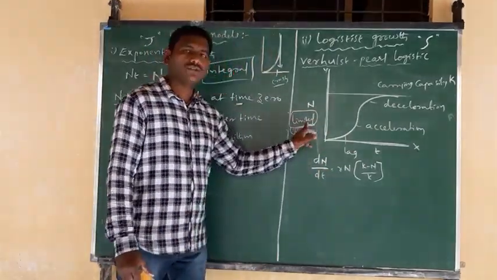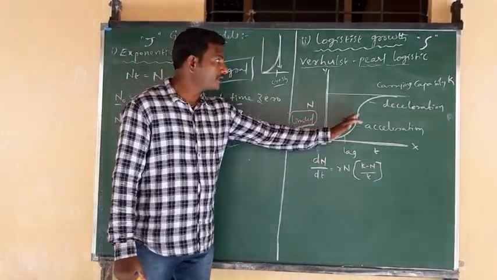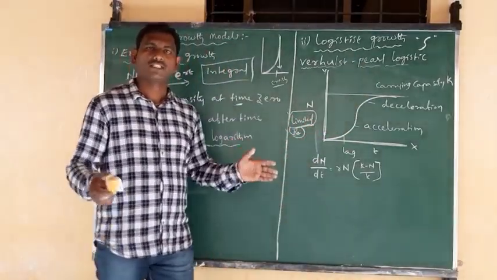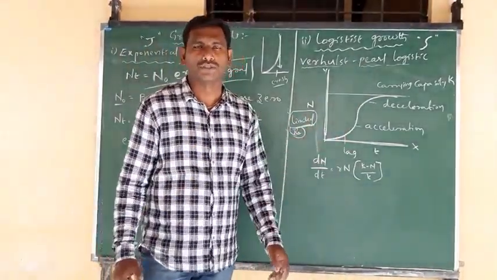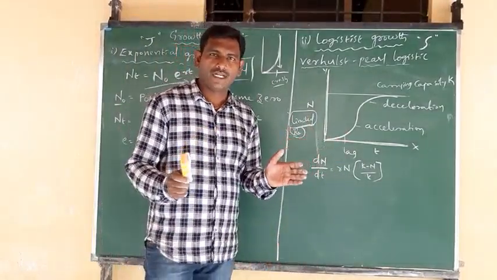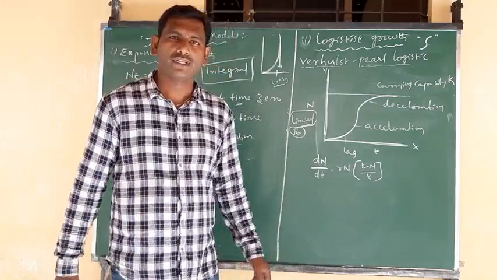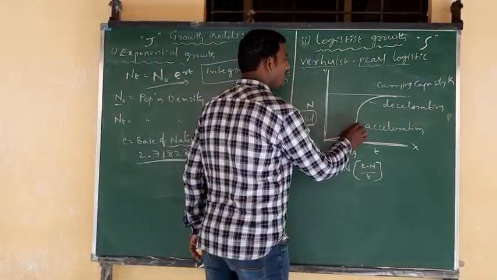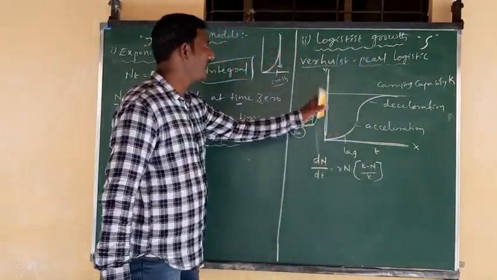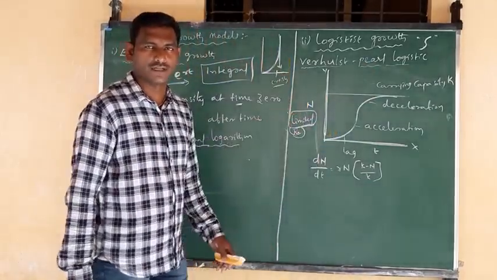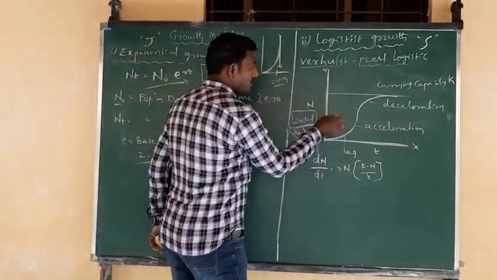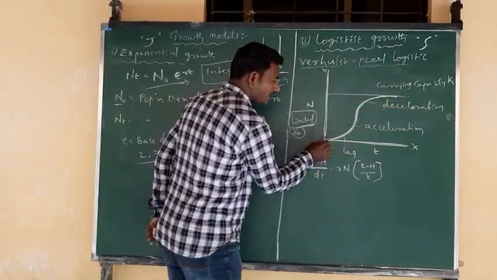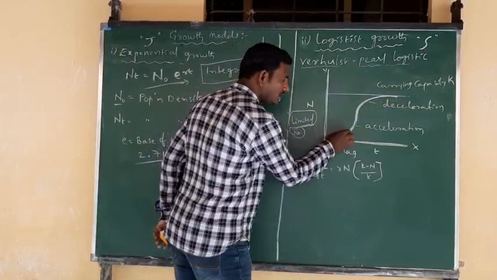If the resources are limited, the population size is not going to increase within a short period of time. Why? Because if the resources are limited, most organisms compete for those resources. For example, if food materials are limited, most organisms compete for that food. Because of that, the population is not going to increase within a short period like the J-shaped, exponential growth models. So this type of logistic growth exhibits a sigmoid curve.